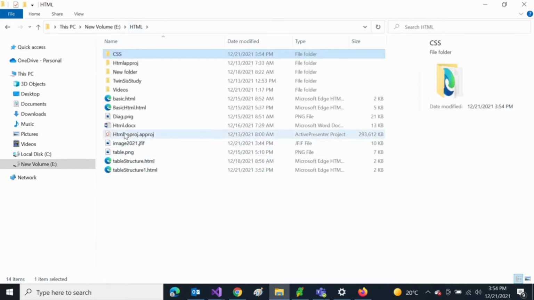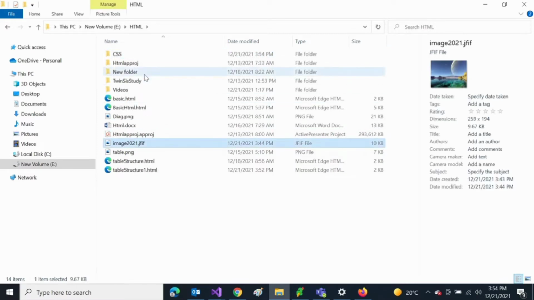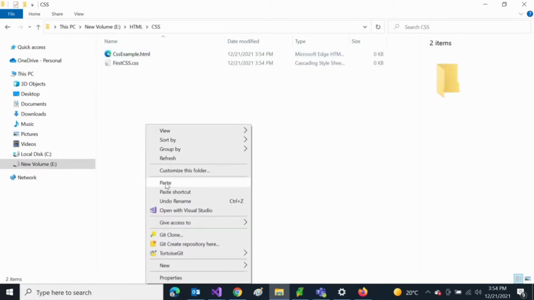I have also downloaded one of the images to show some examples and put it into the CSS folder.